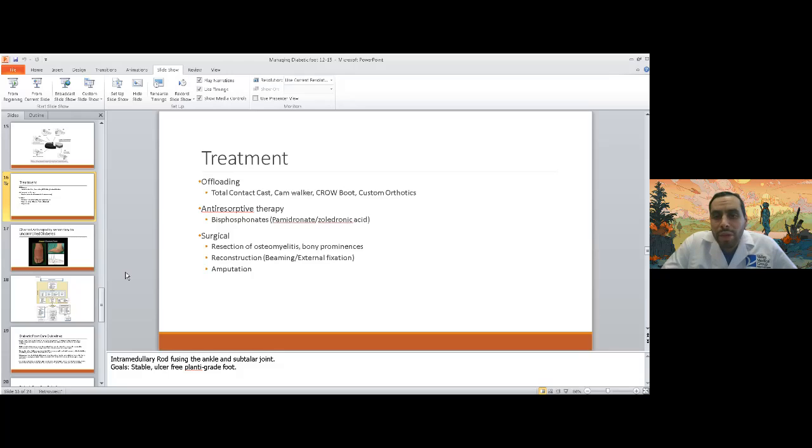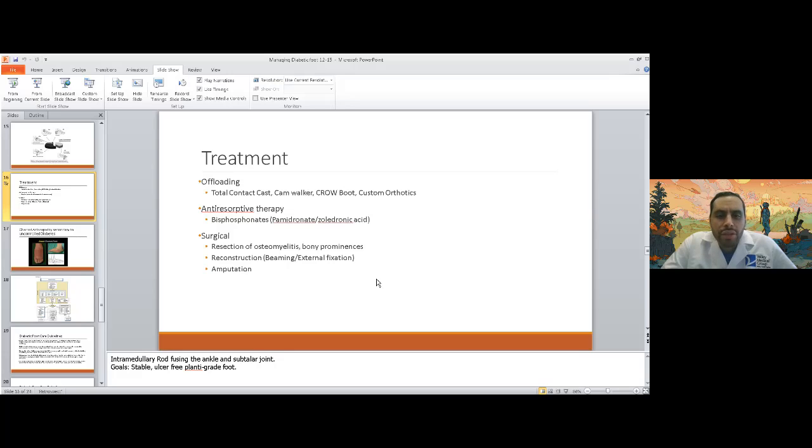And also to prevent breakdown of bone. Custom orthotics are also another way to do that without actually wearing a heavy boot or a cast. There's other treatments such as bisphosphonates that help slow the osteoclastic activity, which is the bone destruction in patients that develop Charcot. And then there's surgical treatment, which consists of removing bone infection secondary to the ulcer or bony